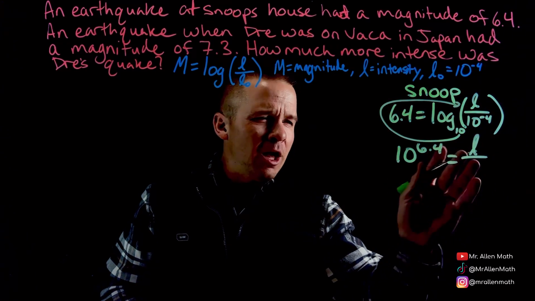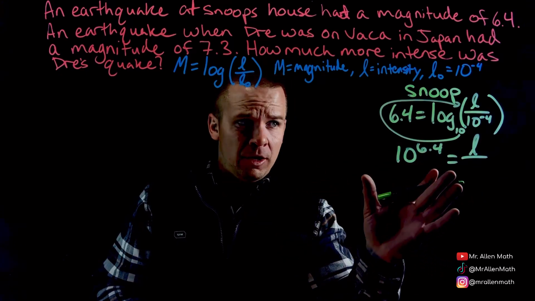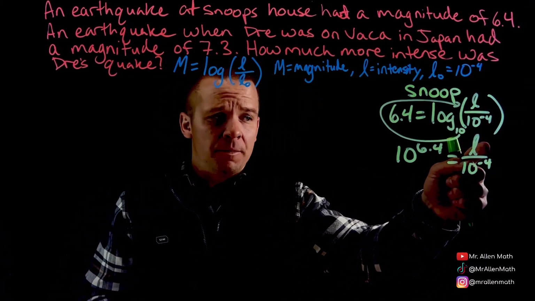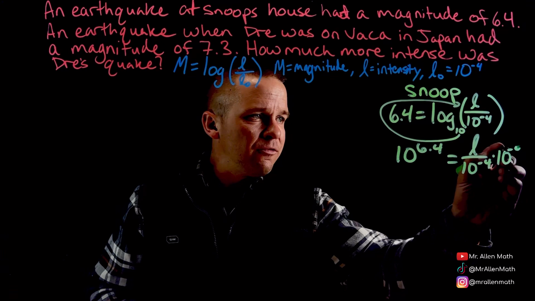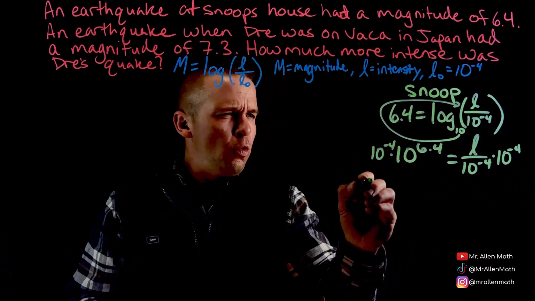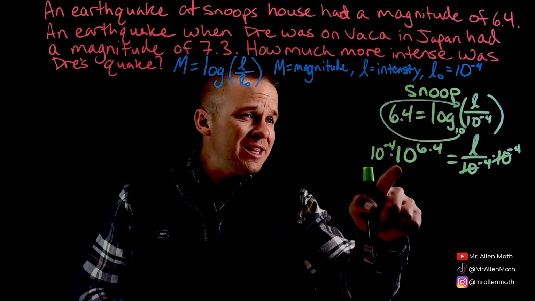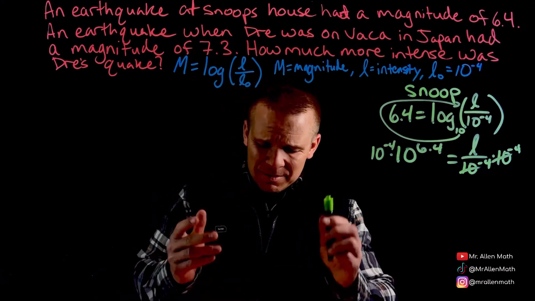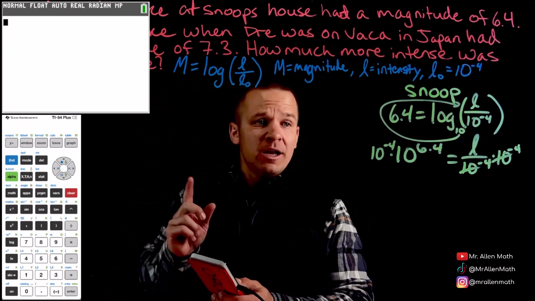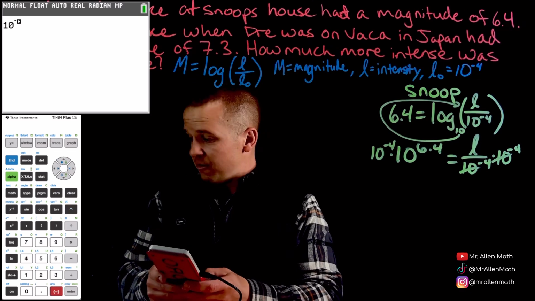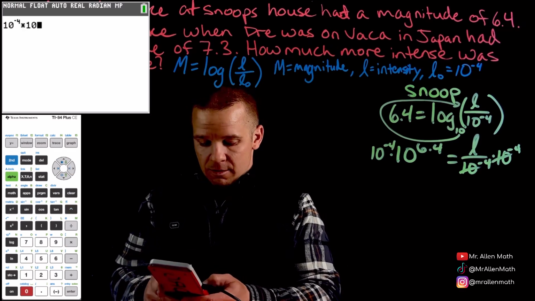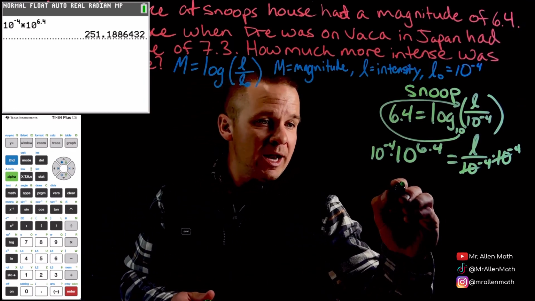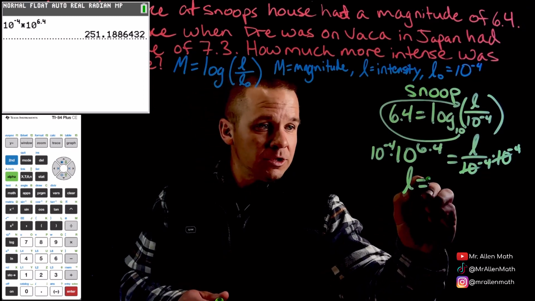So when I loop that and swoop that, we get 10 raised to the 6.4 equals the intensity, which I change to an L because I feel like it's hard to see I's when I'm writing in math. They look like ones, right? Over 10 to the negative fourth. So how am I going to solve for that variable up there? Well, I can multiply by 10 to the negative fourth on both sides. And now I have 10 to the negative fourth times 10 to the 6.4 equals L. Seems like it's time to bust out that TI. So we can just type 10 raised to the negative fourth times 10 raised to the 6.4. Hit enter. That's intense, bro. So we got L, or I, or whatever it is, is equal to